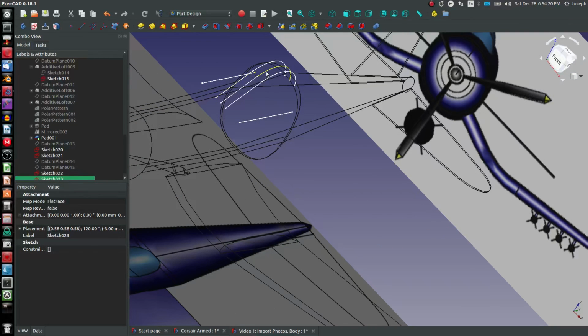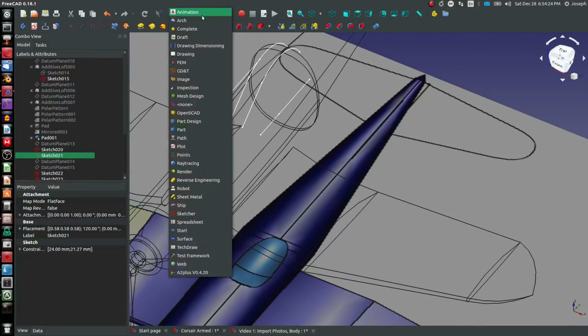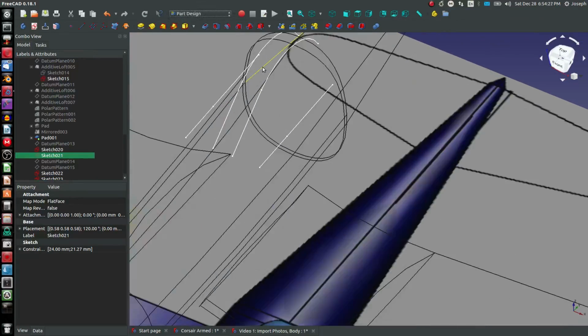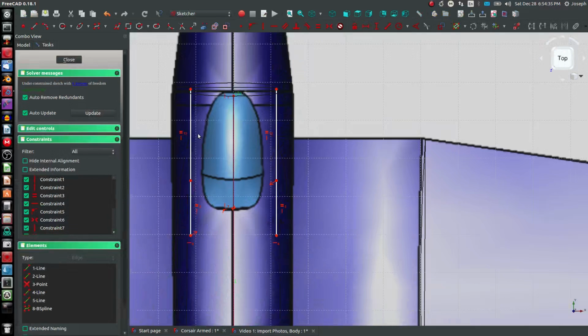So let's make the center sketch hidden, because that's only going to be for reference. Now I can head on over. Well, there is one snafu, and that is these lines are on the same side. So for sketch 20, I think I'm going to have to make these for reference in retrospect, and